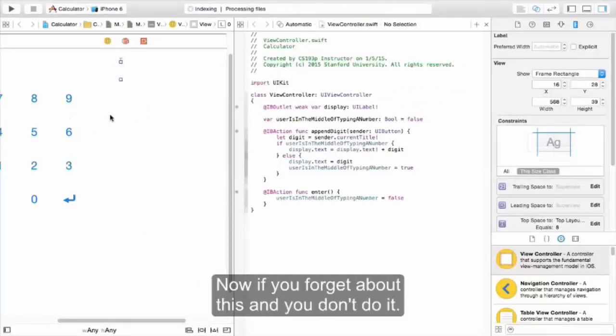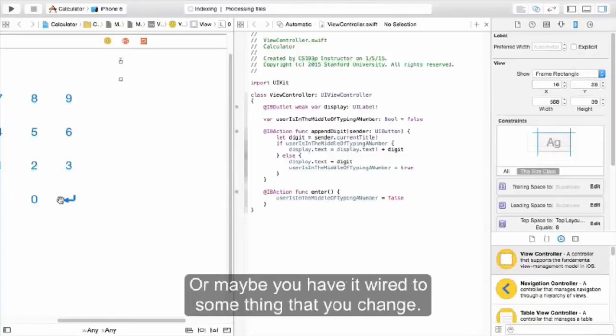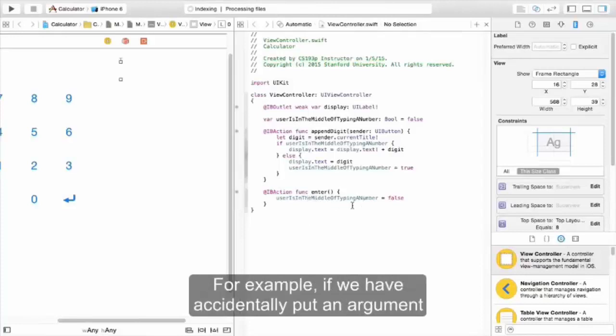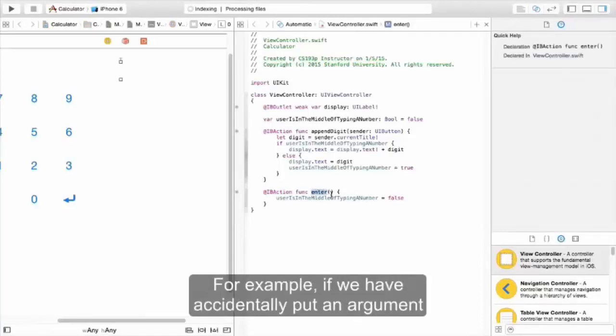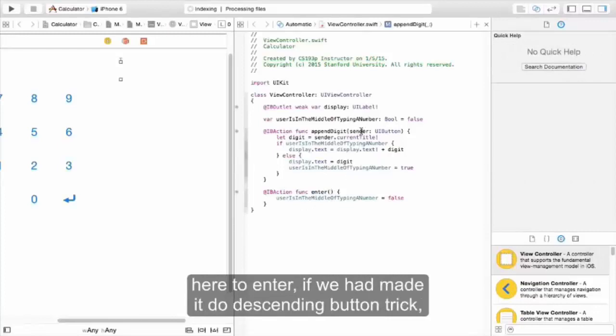Now, if you forget about this and you don't do it, or maybe you have it wired up to something that you changed, for example, if we had accidentally put an argument here to enter, if we had made it do the sending button trick kind